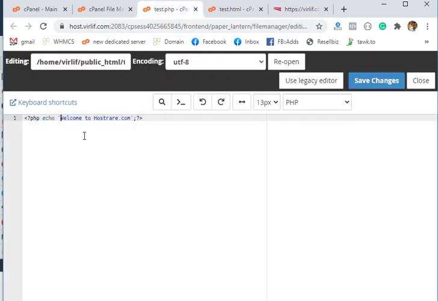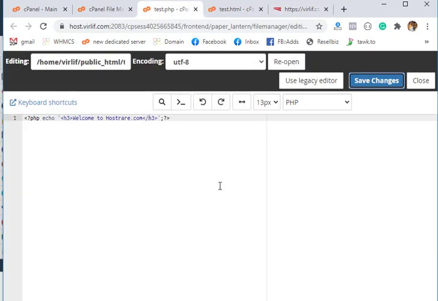If I want to update it with an h3 tag, it should be a tag. Save changes, reload this page, it becomes an h3 tag. It's a very nice thing to update your live code very easily, but only if your computer is secure, then you can do it very easily here. Hope you understand.